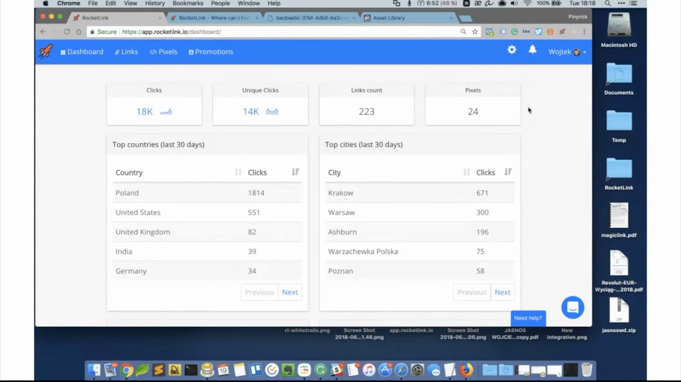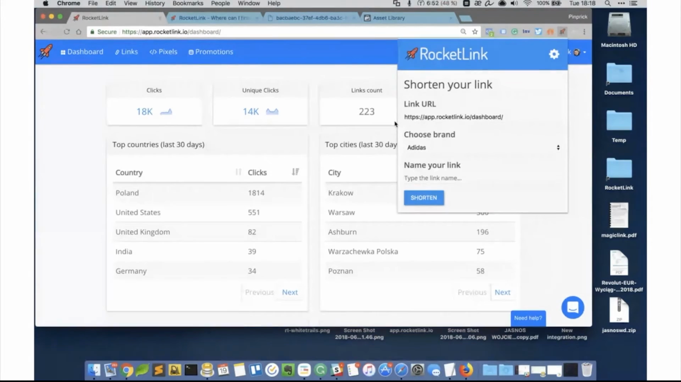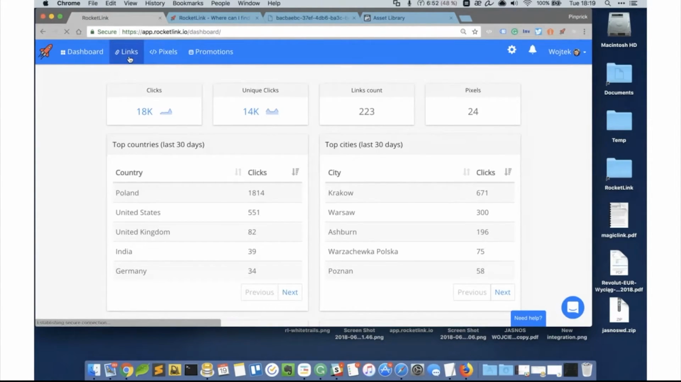While creating short links using our extensions, you can just leave your name of the link empty if you don't have time for filling it in, and this name of the link will be automatically downloaded from the title of the page you are sharing. So if it's a blog post or some kind of content that has its own title, it will show up on your links right here